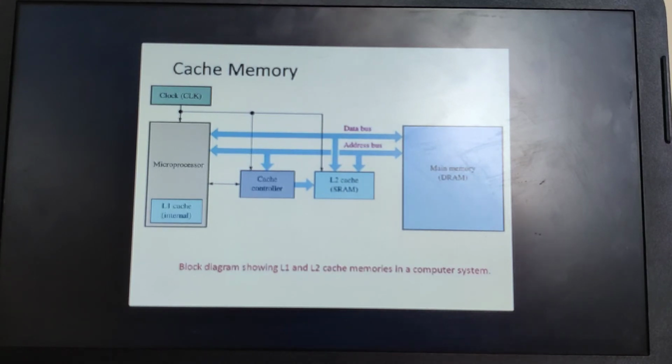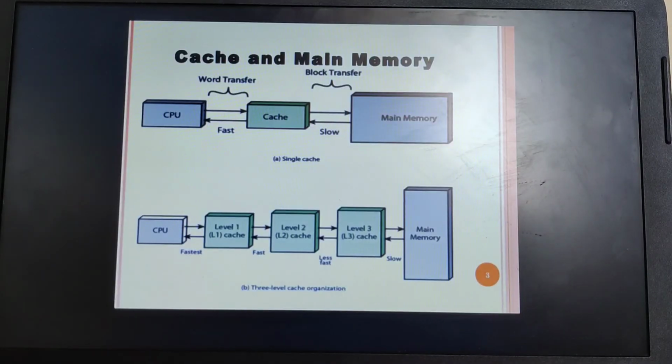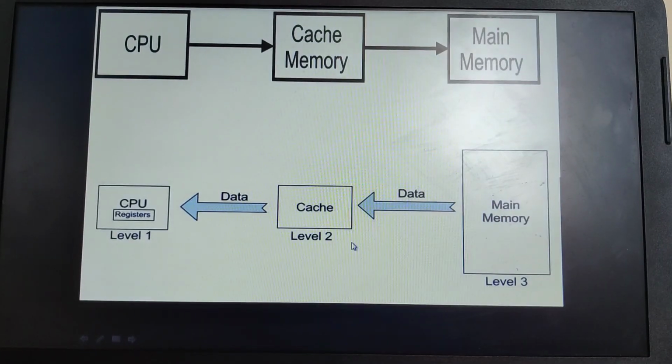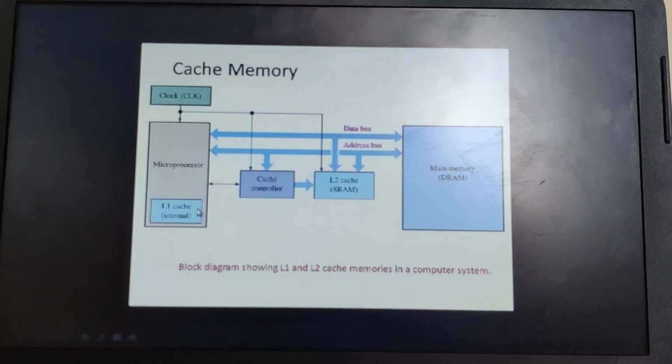Now let us see the different types of cache memory. The CPU has built-in cache memory called L1 and L2, wherein you can see it is apart from the CPU, but it is a separate cache memory chip on the motherboard. And we do also have the L3 cache memory. L3 is also a separate memory chip apart from the CPU. Only the L1 is the cache memory which has been built into the microprocessor. So usually L3 will come under the high-end processor.